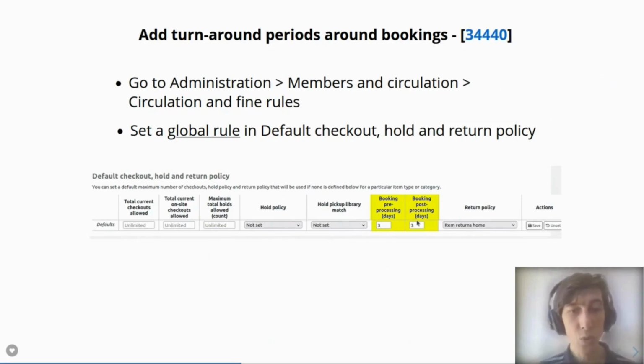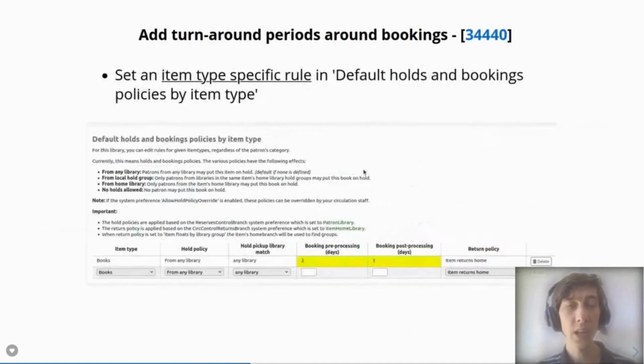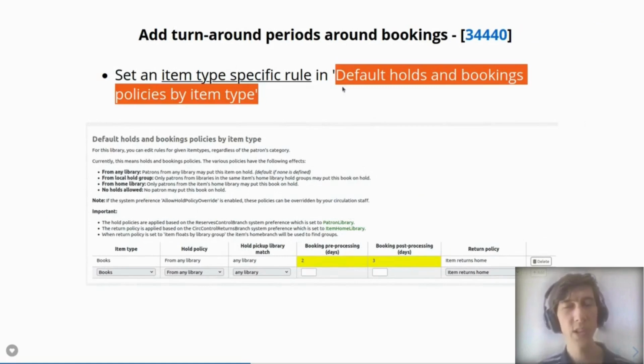We can also set, if you don't want to set a global rule, or you want some item types to differ from the default global rule, you can do that. We also have a section, also in the circulation and fine rules, called default holds bookings policies by item type. And here I'm saying for the books item type, I want 2 days of pre-processing, so a turnaround at the start of the booking of 2 days, and a turnaround at the end of the booking of 3 days